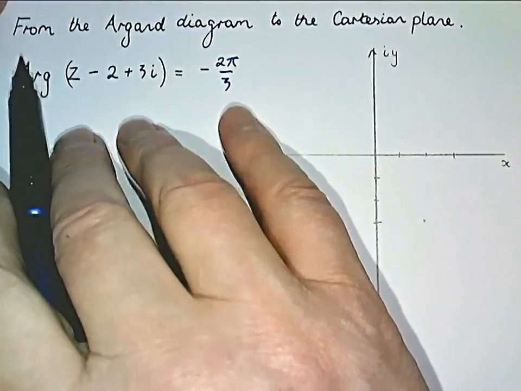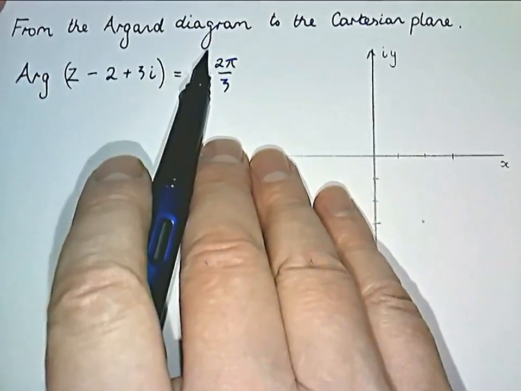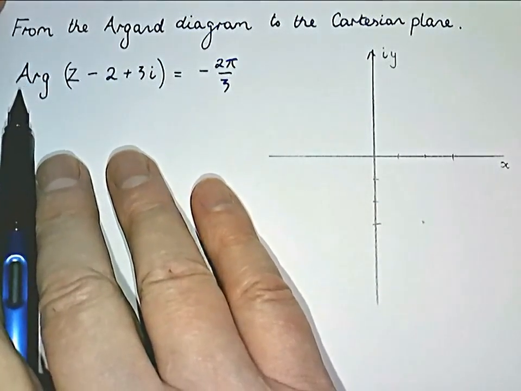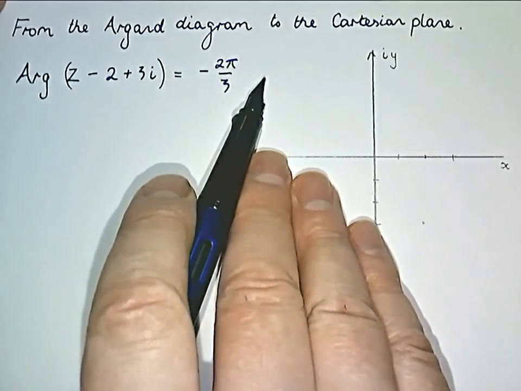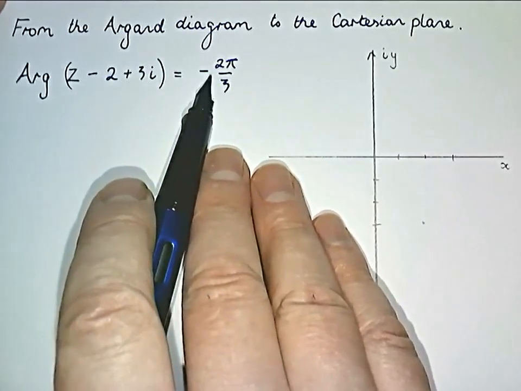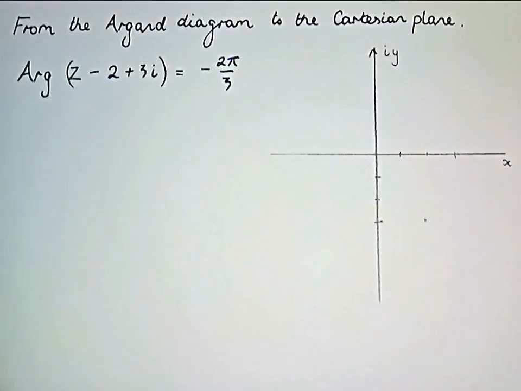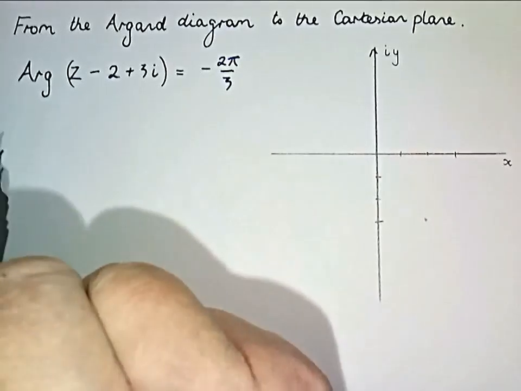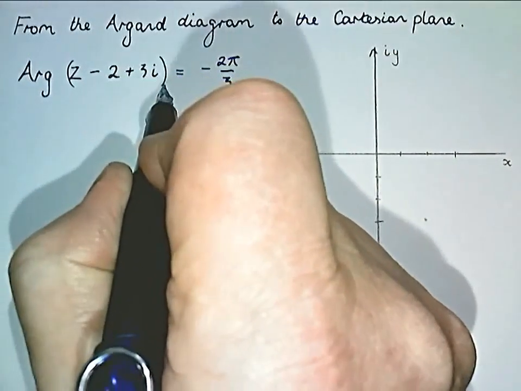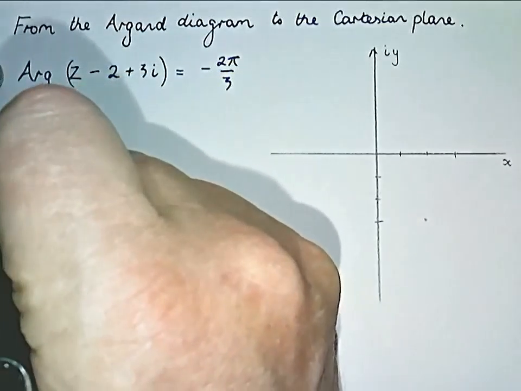Anmol, the first question you put to me concerned turning this equation, arg of z minus 2 plus 3i equals minus 2 pi over 3, into its Cartesian form. Well, we should recognize, first of all, that there's a translation implicit in this little expression here, and if we